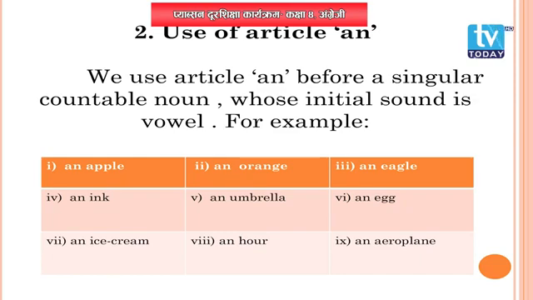You can have more examples in your slide as well. The examples are: an apple, and 'a sound', apple starting with A but with an 'a' sound. The next one, an orange, 'o' sound. An eagle, 'e' sound, consisting of a vowel sound. An ink, starting with a vowel letter but with a vowel sound. The next one, an umbrella, 'a' sound. The next one, an egg, 'e' sound. An ice cream, 'i' sound. The next one, an R.